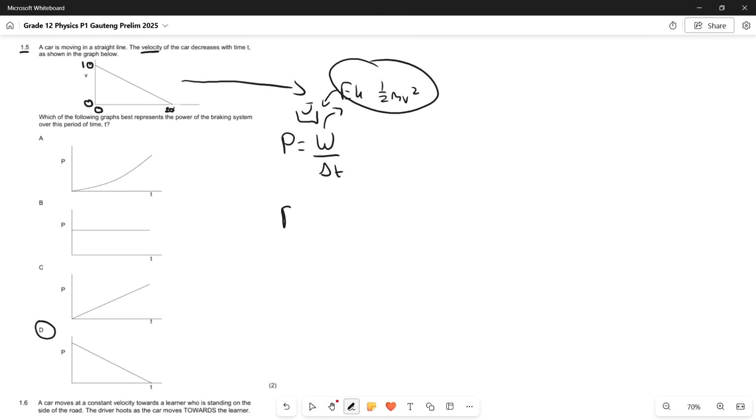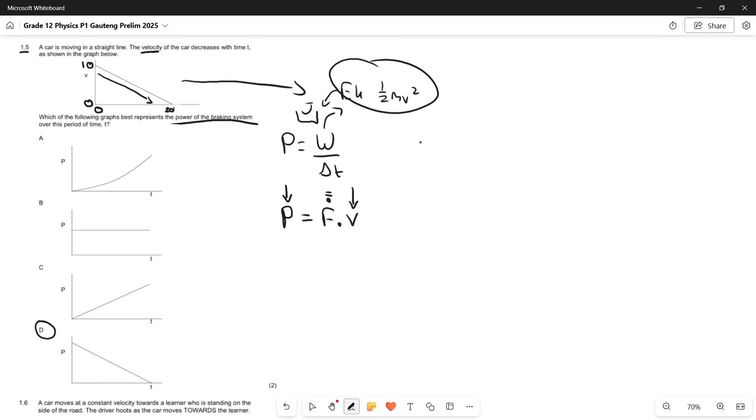But the easiest way to do it is to use the P equals F times v formula over here, because what's happening is that there's a constant force from the braking system over time. Okay, so the force is remaining constant, which means that if our velocity is decreasing over here, as we can see, it is decreasing. As it decreases, the power will decrease linearly because the force is kept constant,